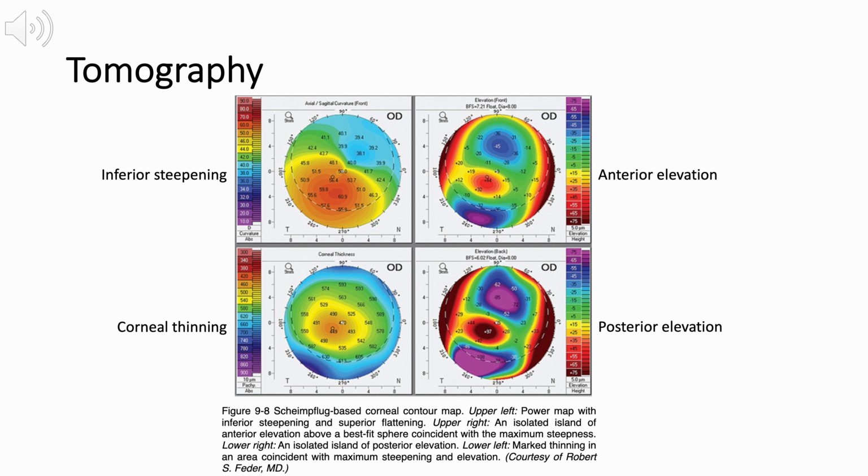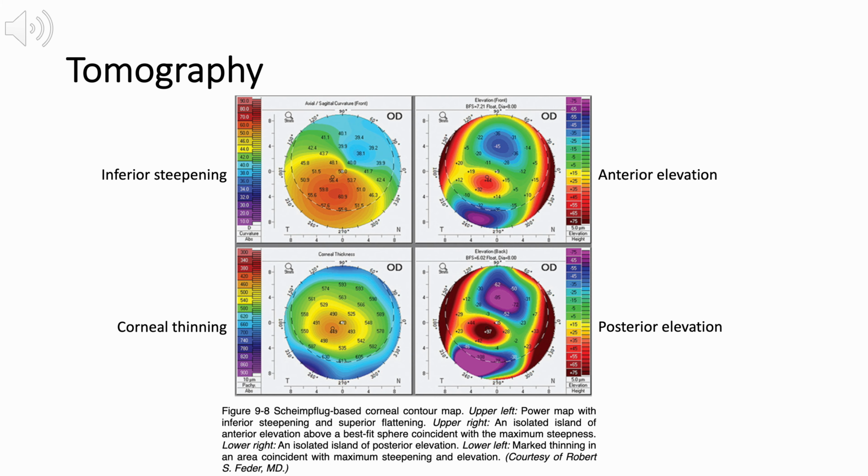This figure shows a Scheimpflug-based corneal contour map, which gives information about the anterior curvature, top left, corneal thickness, bottom left, anterior elevation, top right, and posterior elevation, bottom right, which highlights several classic tomographic findings in keratoconus. In the upper left, we see a power map demonstrating inferior corneal steepening with relative superior flattening, a hallmark pattern